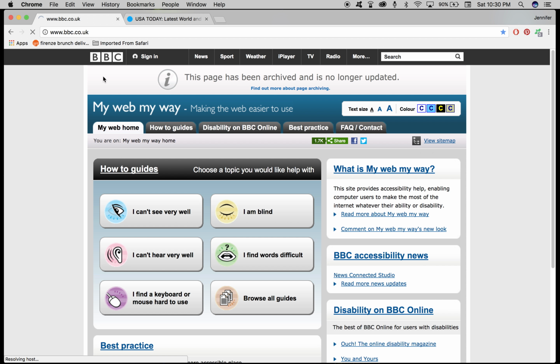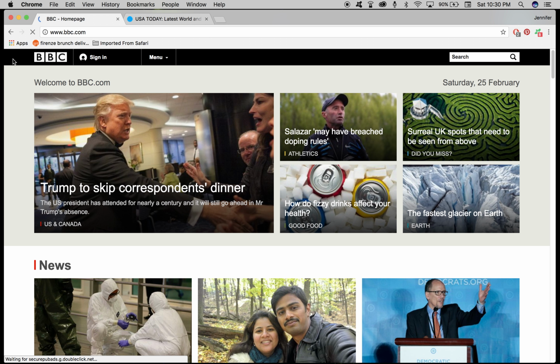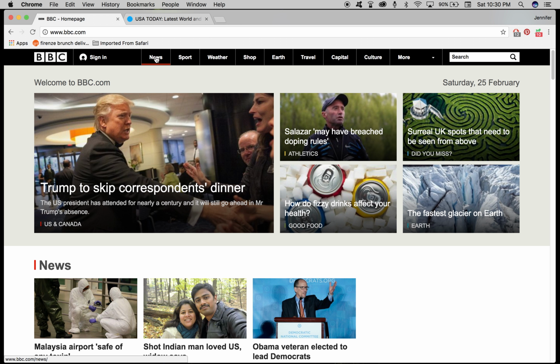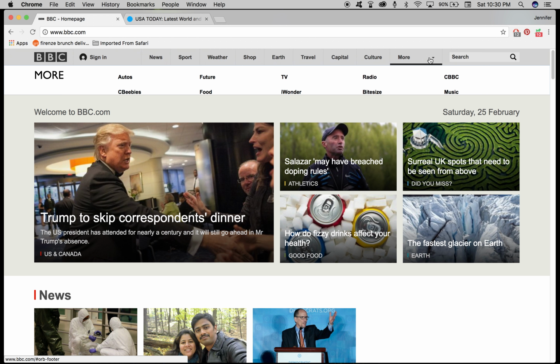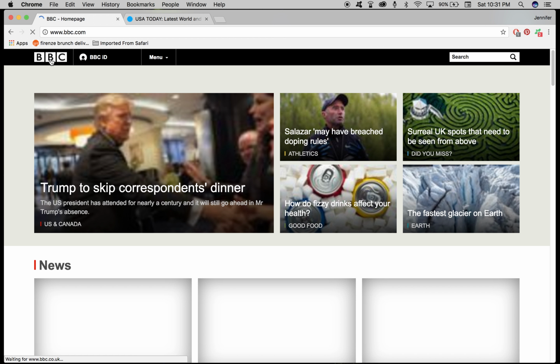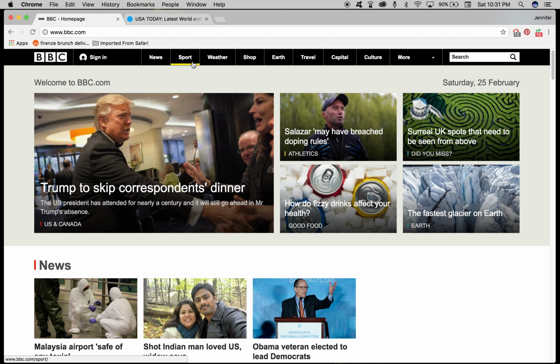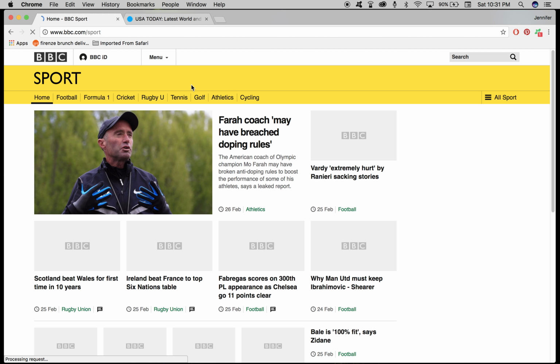If we go back to the main BBC page, we can see that our top-level global navigation is denoted with a black background and white labeling. And as I mentioned before, we do have different colors that correspond to the different categories, and whenever you hover over these different links, it shows you these colors. We do have a drop-down menu with more of the pages, and this shows that the top-level navigation is rather narrow. However, when it comes to the depth, say that we click on sports,